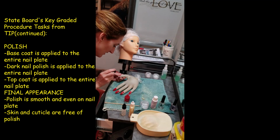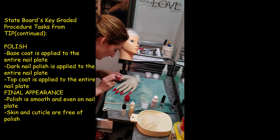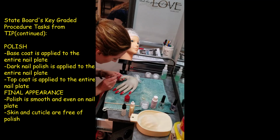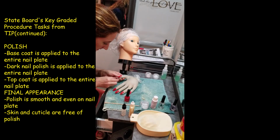The nice thing is you won't be giving instructions while you're doing the manicure. So you will not have to worry about talking anybody through anything. See what we will